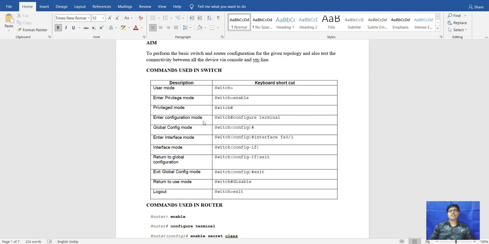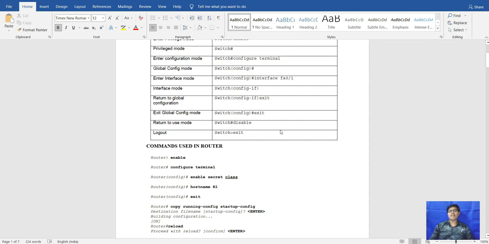To enter configuration mode, we type config t, for configure terminal. For the global configuration mode, this is config global. To enter interface mode, we type interface, and when we give the IP there, the interface will be enabled. To return from global mode we type exit. For returning to the user mode, we type disable, and for logging out we type exit.